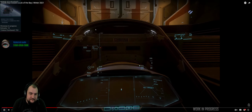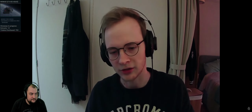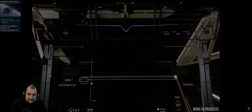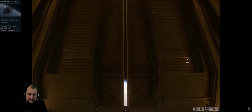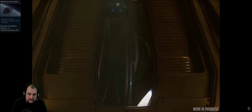Pretty much matched up exactly in the right place. You'll be able to get out and be straight into your Constellation. If you don't own the Constellation, it's a little bit different. If you're trying to dock with a Constellation that's not yours, then the owner of the Constellation will get a message saying, hey, Dave's trying to dock with your Constellation. Are you okay with that? If you press no, then they'll get turned away. If you press yes, then the docking doors on the Constellation will open and then you're free to